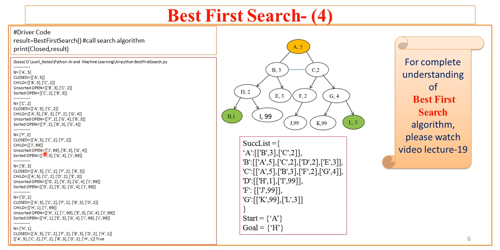Here the successor of F is J. So J is extracted by the MoveGen, which is assigned to child. From the child, whatever is in the open and closed is removed. There is nothing to be removed, so child will be the same, J with heuristic 99, and that is added at the front of the open. Now the existing open is B and G, and to the front of the existing B and G, this J, which is the child, is added, and this is sorted. So after sort, your new open will be B, G and J.